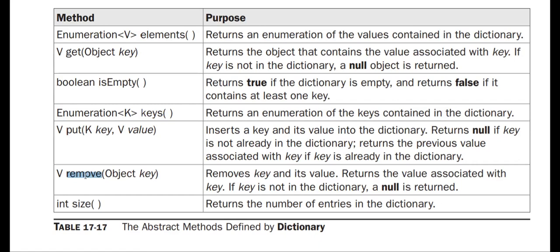So dictionary class is an obsolete class, which means the entire set of features that are present in the dictionary has been implemented in the map interface, because the map interface provides the same key value storage facility. The next data structure, that is the legacy class that is present, is the hash table.